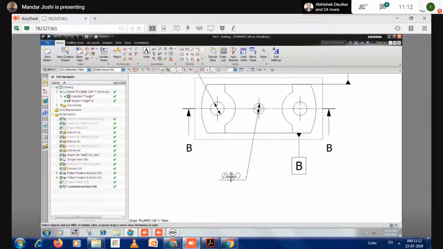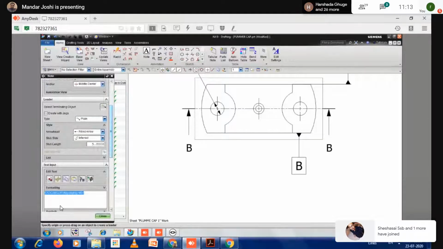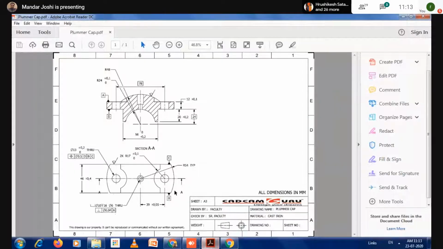Okay, so what you have to do, you select the note option to indicate all details, and yeah, here is the text input. Here are those symbols. So it is not dimensions indicated here. It is written through the notes or the text. So take a note of this.